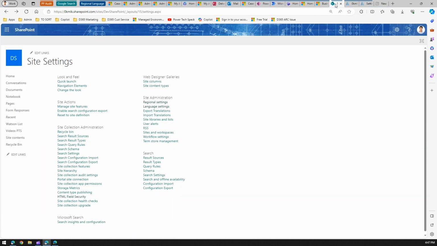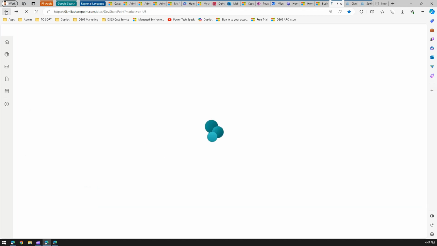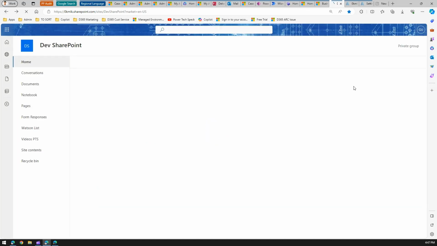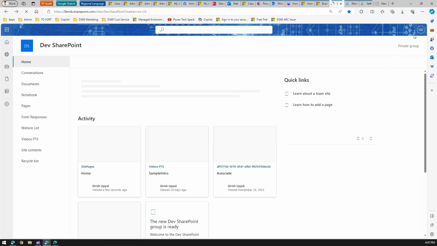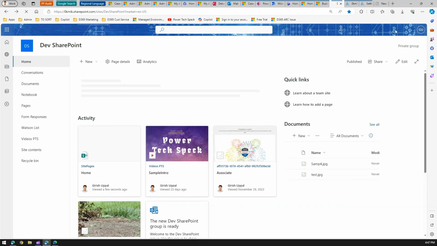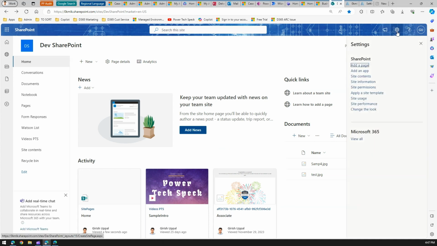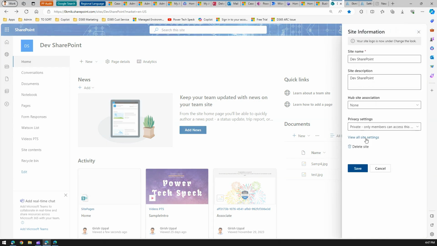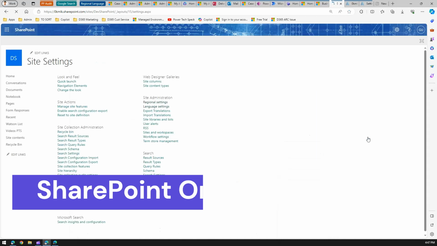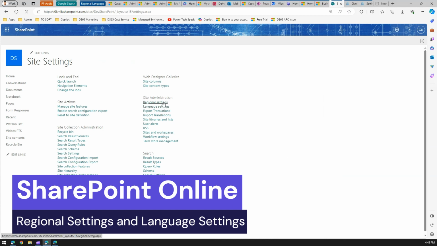Now let's go into SharePoint. So in SharePoint, if you open any SharePoint site, let me show you. This is how the SharePoint site looks. Now within SharePoint, if you go to site settings, again on the top right corner you will be able to see a settings icon. You click on that, click on site information, and once you click on site information, you can go to view all site settings. Once you are in site settings, here you can configure the language settings and the regional settings. So if I click on language settings over here,